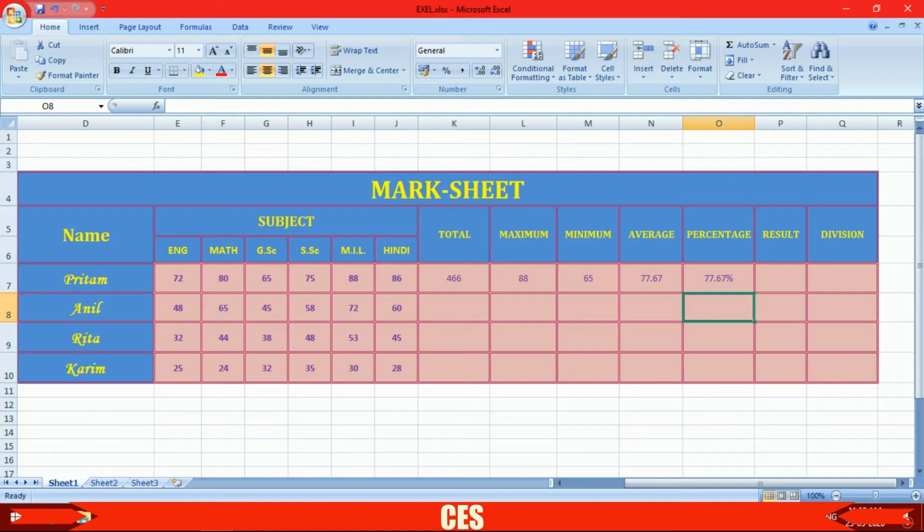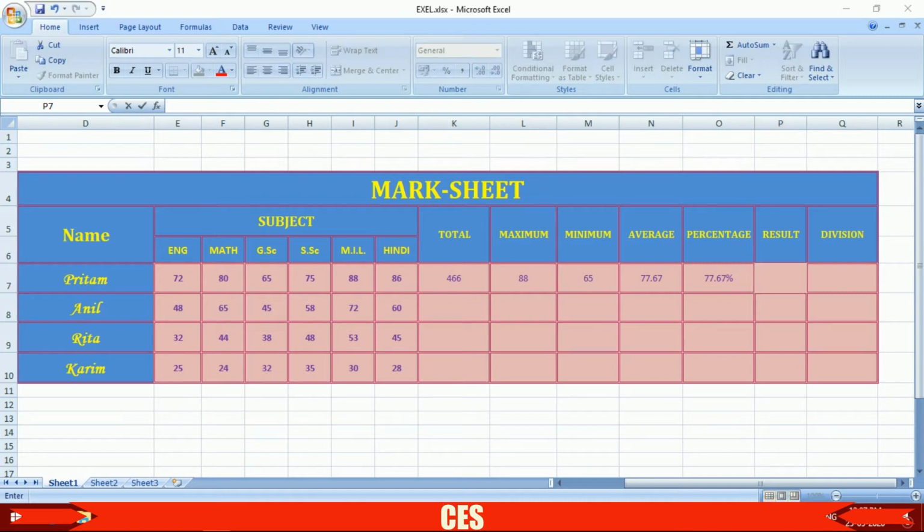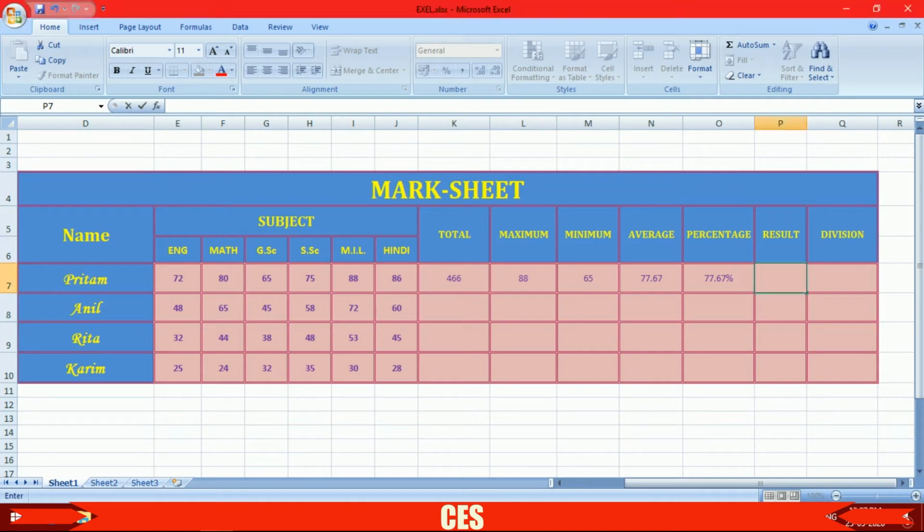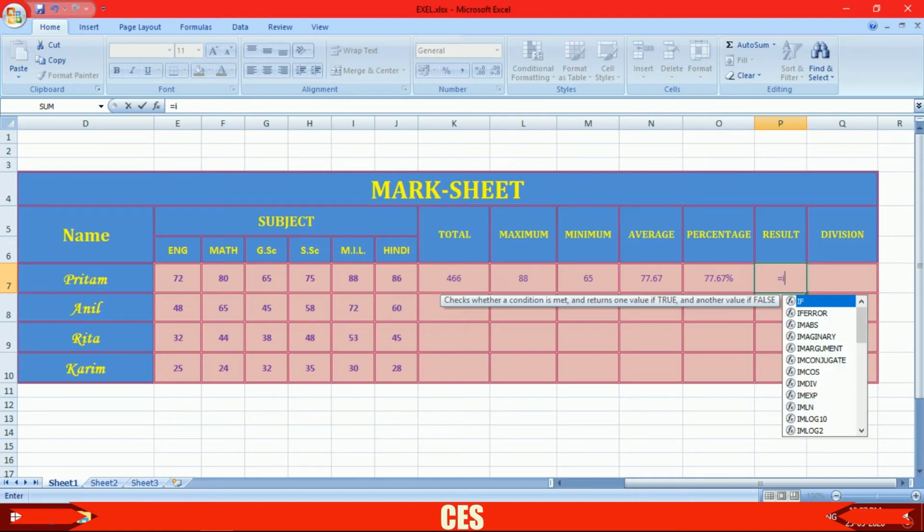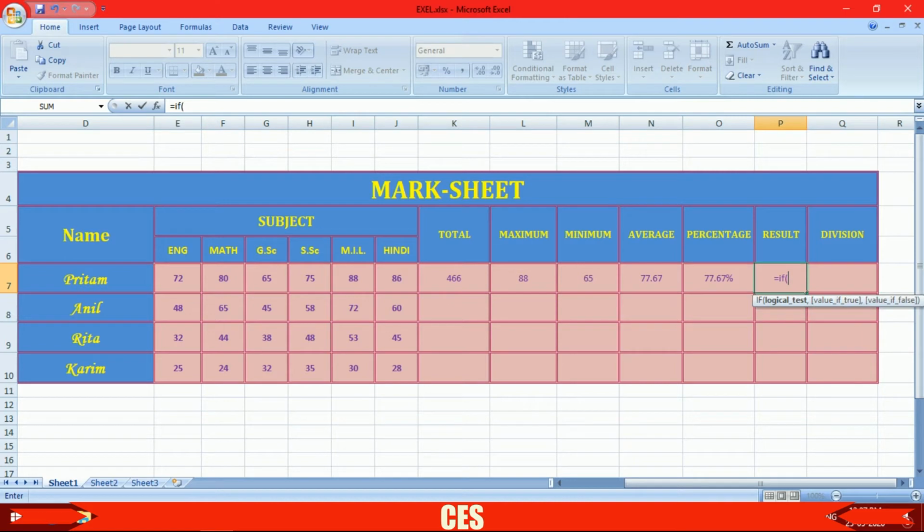Okay, now what do we have next? We have result to calculate. Result will be either pass or fail. So to calculate result, the formula will be equal, sorry, click here, equal, then if, then bracket open.